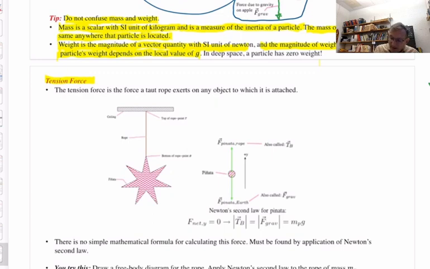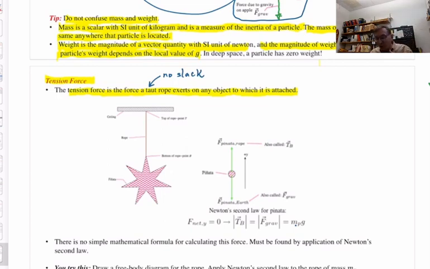All right. The tension force is the force a taut rope exerts on any object to which it is attached. Taut, the word is T-A-U-T, means there's no slack, we say in English. There's no slack in the rope. It's taut. Okay? So if you have a taut rope